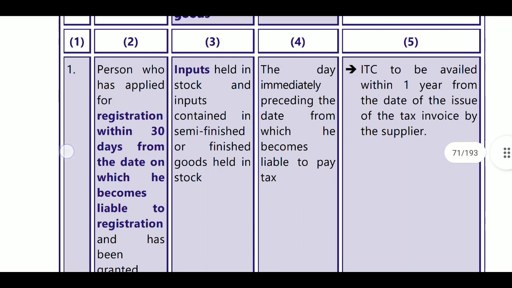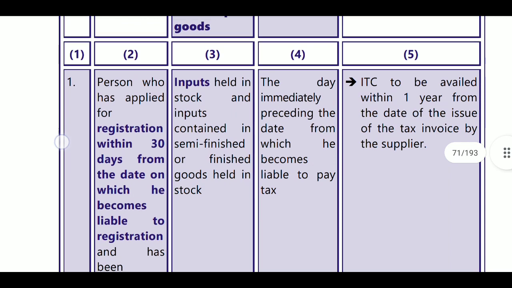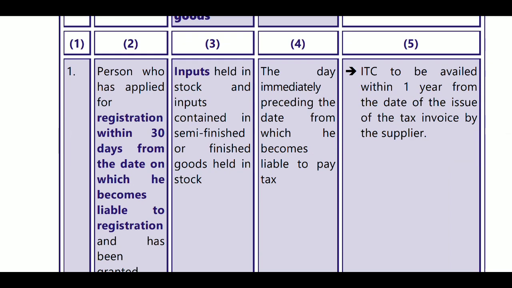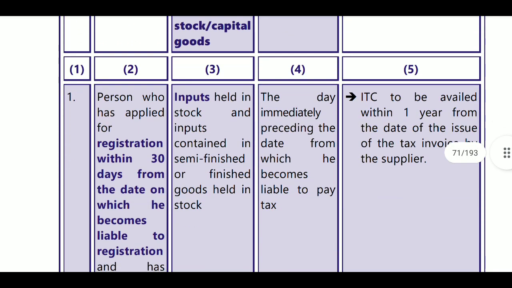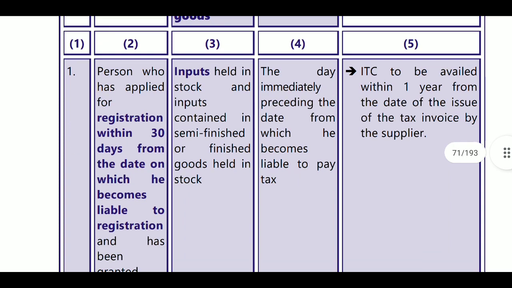That is input on stock, and input contained in semi-finished or finished goods or stock. So he has stock. Next, entitlement of ITC is on the day immediately preceding the date from which he becomes liable to pay tax. So when he crosses the turnover, and on the preceding day,